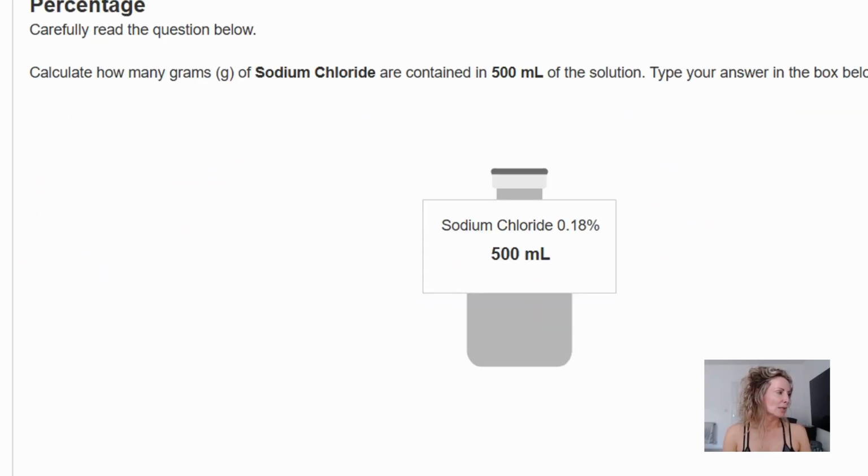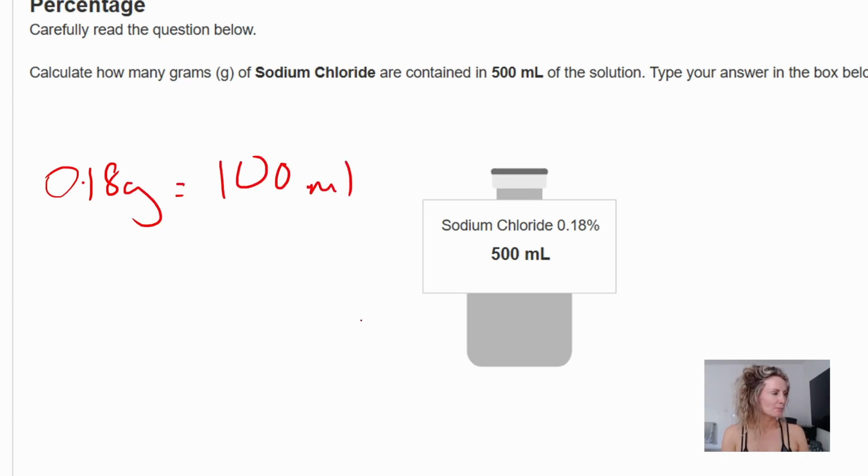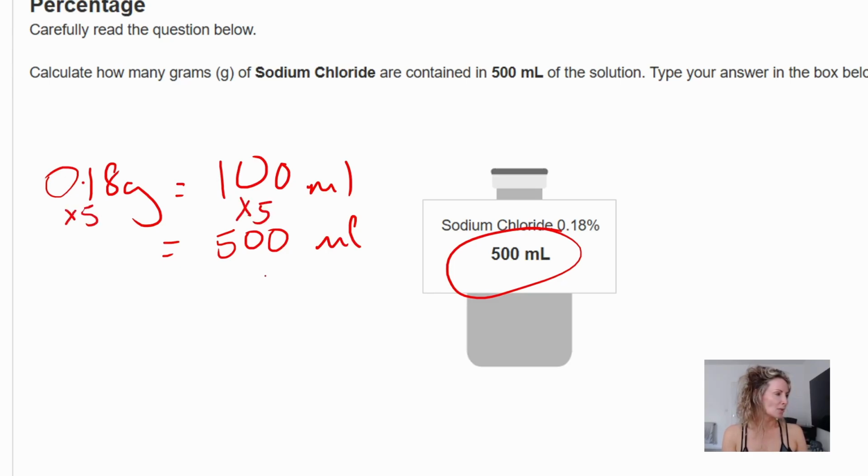Now we would like to know how many grams of sodium chloride are contained within a 500 ml solution. Our percentage is 0.18, so 0.18 grams equals 100 mils. We would like to have an amount in 500 mils, so 500. How did I get 500 from 100? I multiplied it by 5. I have to do the same on the other side. So we'll do